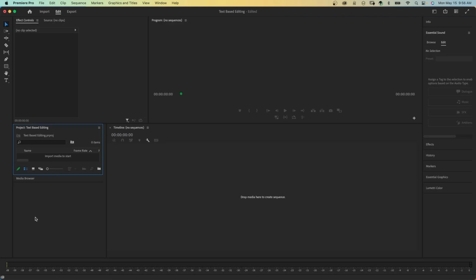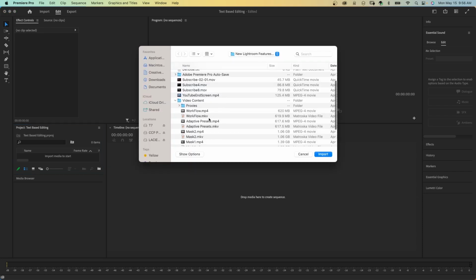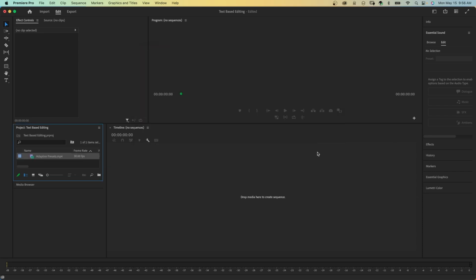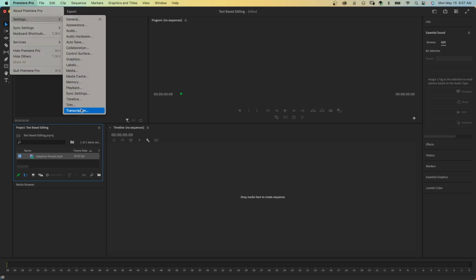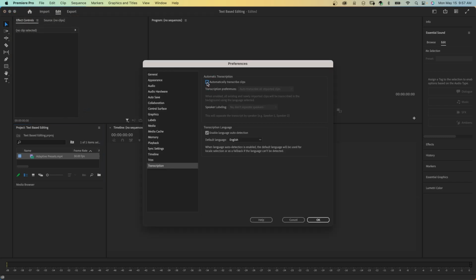Another way to do this, if you didn't import your clips when you first open Premiere Pro, or you already have clips on your timeline, so I'm going to import a clip right now. Before you get to the text-based panel, there's an option you need to turn on so that the clip will be automatically transcribed. If I go here to the top to Premiere Pro, Settings, Transcription, right here, make sure that